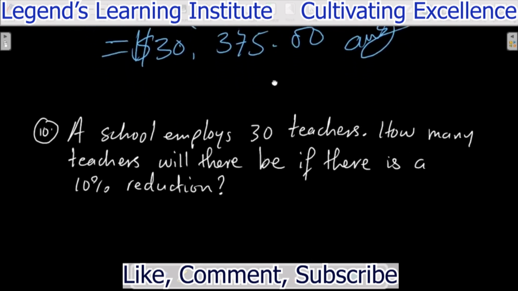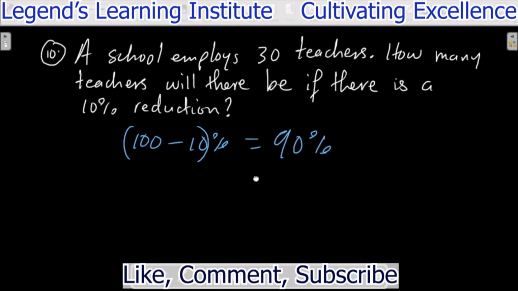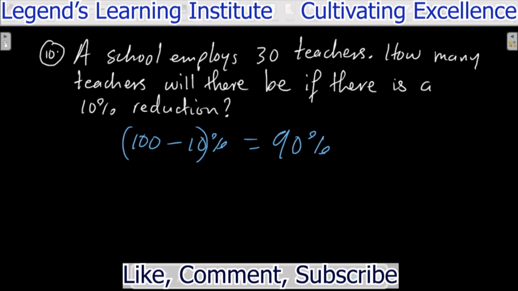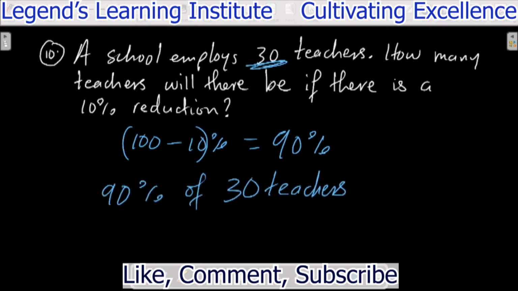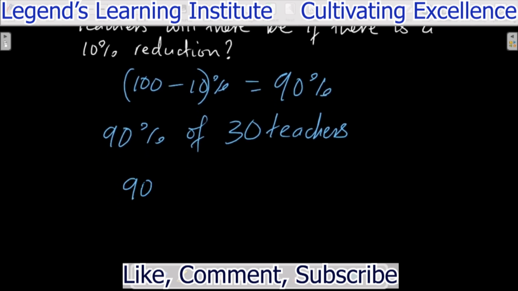Let's look at number 10. A school employs 30 teachers. How many teachers will there be if there is a 10% reduction? 10% reduction means that you now have 100 subtract 10%, which is 90%. Your next step is to find 90% of 30. So 90% of 30 teachers would give you your answer, and 90% of 30 teachers is 90 over 100 times